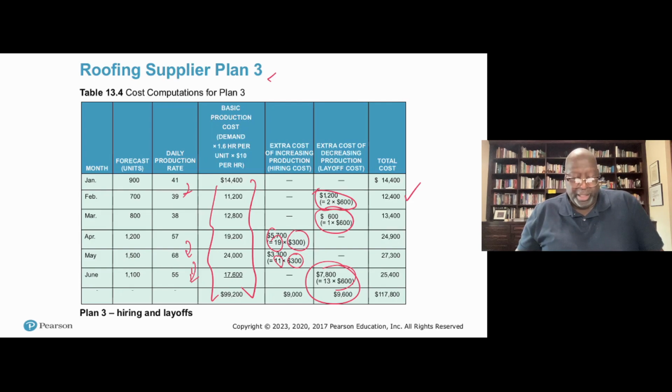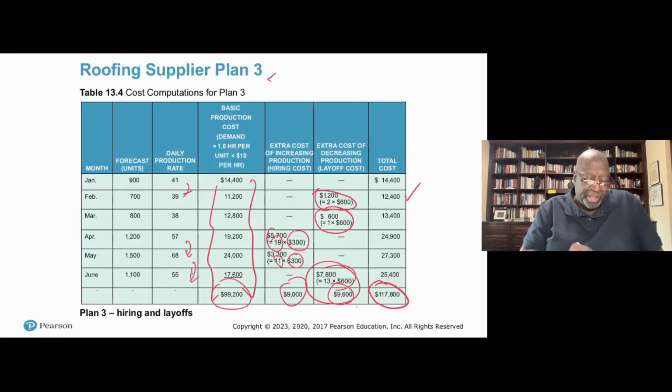So if we take all of our hiring and layoff costs, the first one was your hiring cost 9,000, layoff cost 9,600,